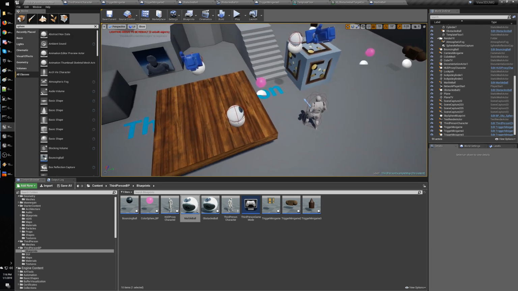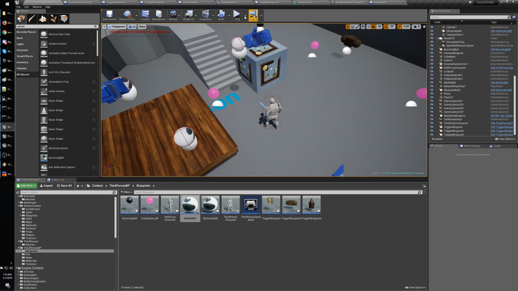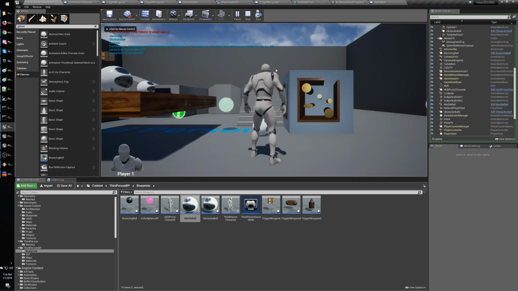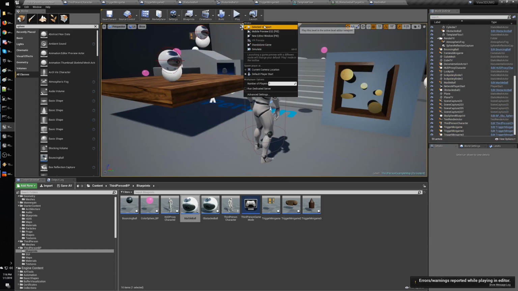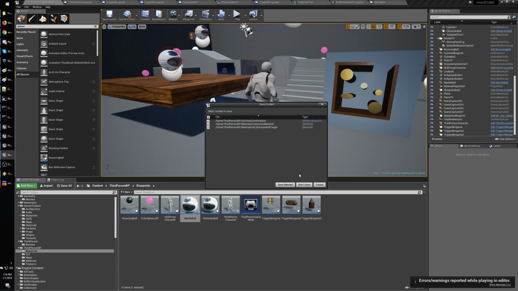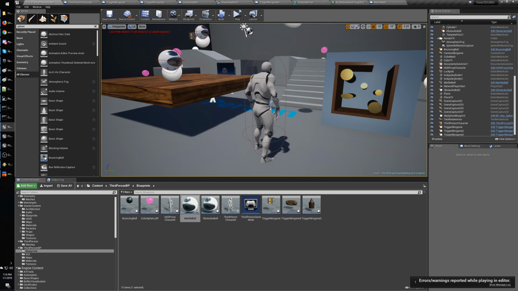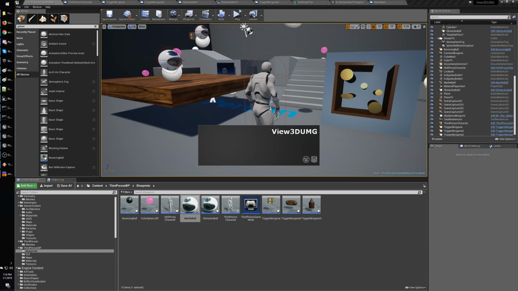So we basically validated that, let me just check if I do simulate. What we validated is that